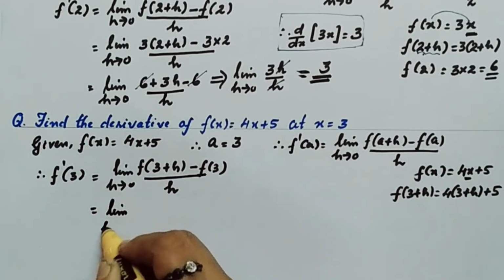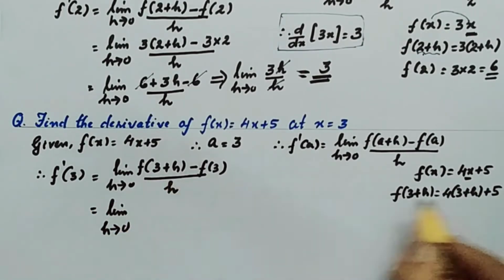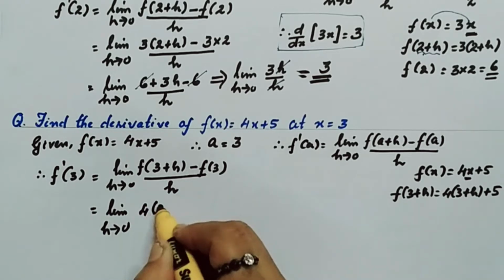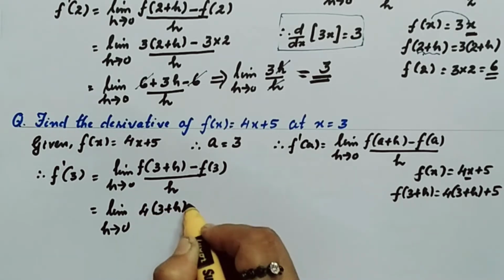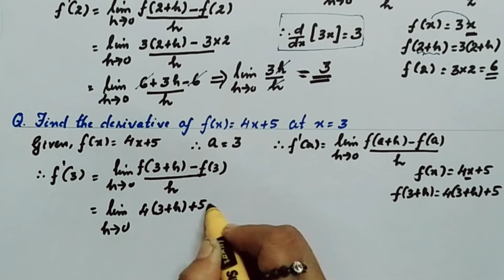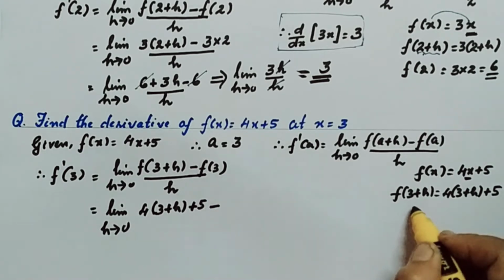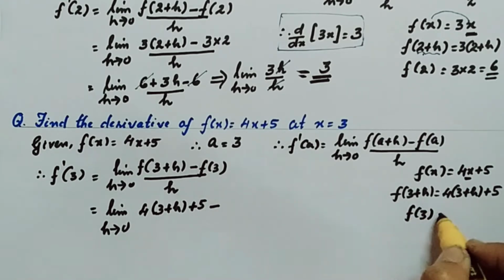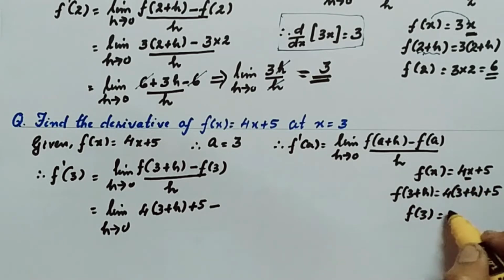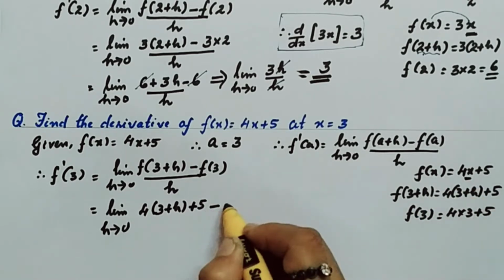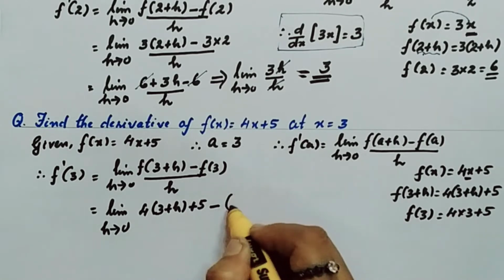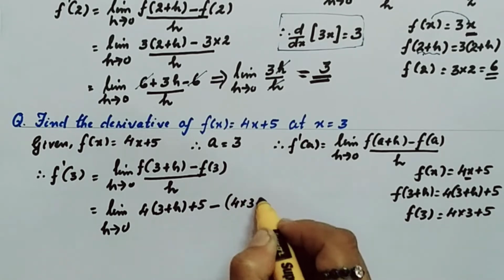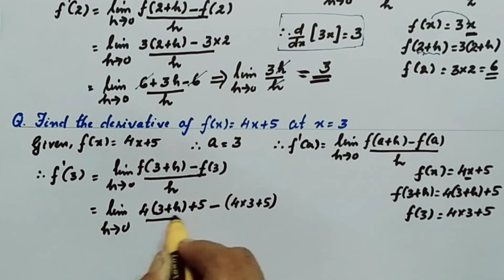Limit h tends to 0, f of 3 plus h can be replaced as 4 into 3 plus h plus 5 minus f of 3. I need to find the value of f of 3. f of 3 means replace the x with the 3. So 4 into 3 plus 5. This I am going to write here, minus of 4 into 3 plus 5, the whole divided by h,